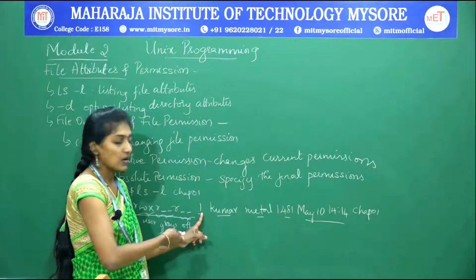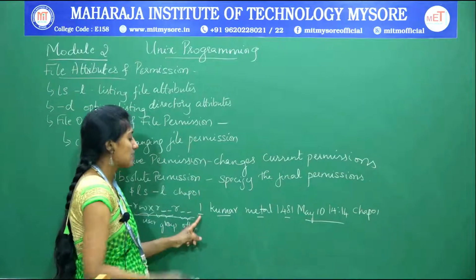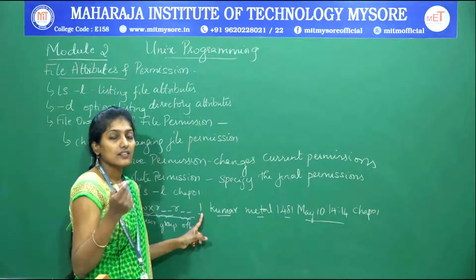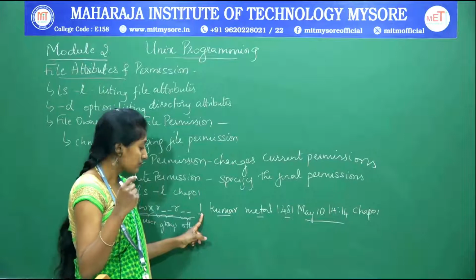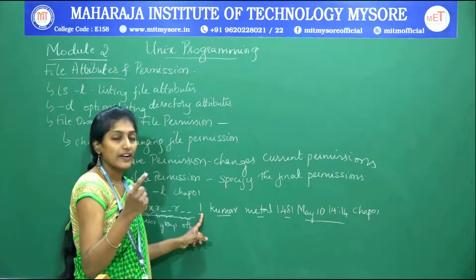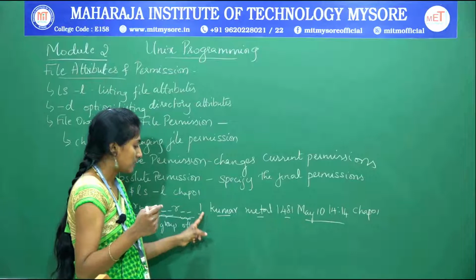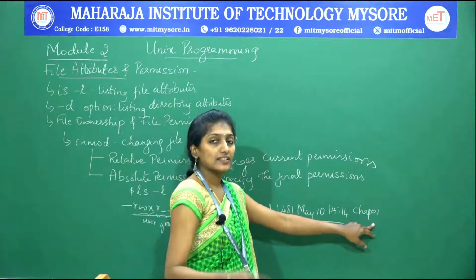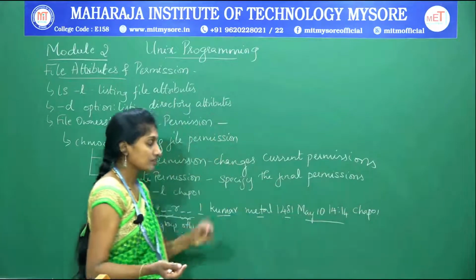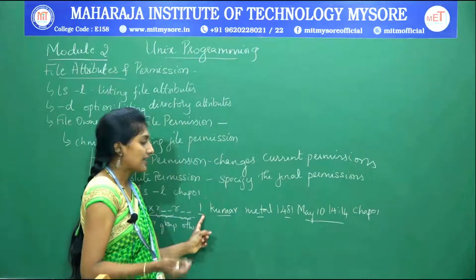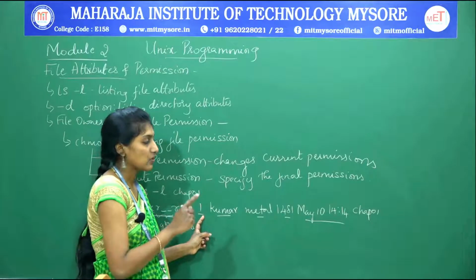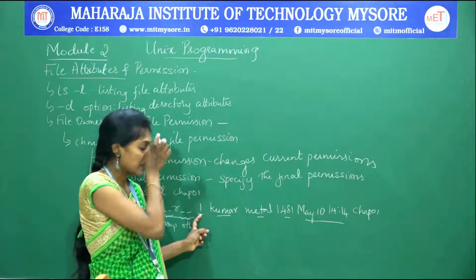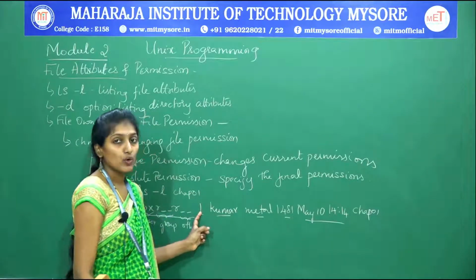The next column displays the link count associated with that particular file, that is, the number of links associated with the file chapter 1. It shows whether a link has been provided for the same file chapter 1 or not. If it is more than 1, it means the same file name has been repeated, so the link number is more than 1.